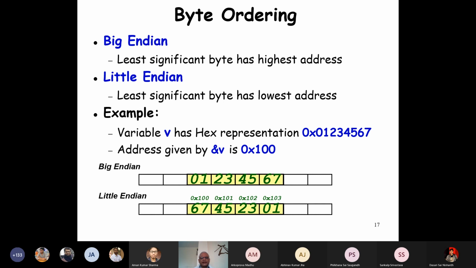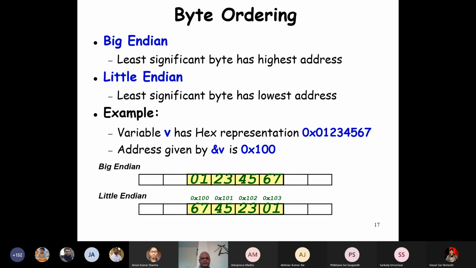In the big endian convention, because these are taking 4 bytes, the least significant byte has the highest address. We said that the word address is stored from 0, 4, 8, etc. And here in big endian, the least significant byte has the highest address, and in little endian, the least significant byte has the lowest address.